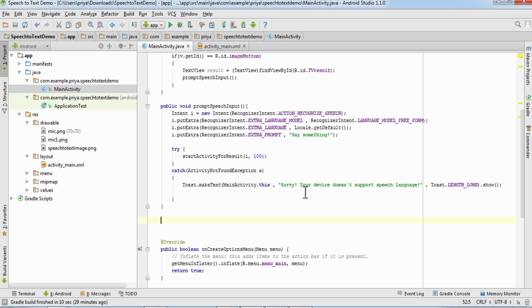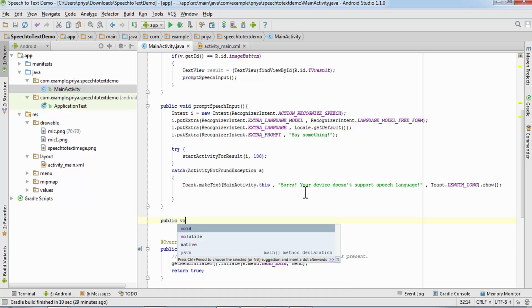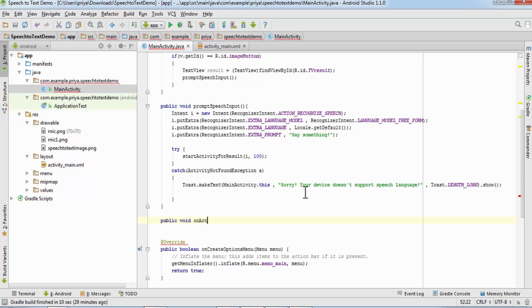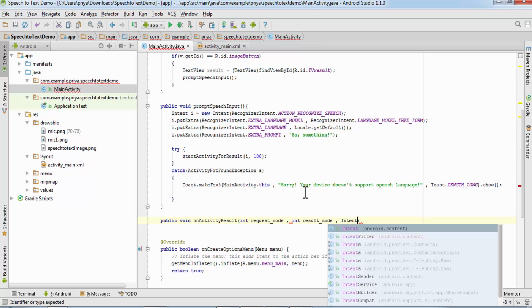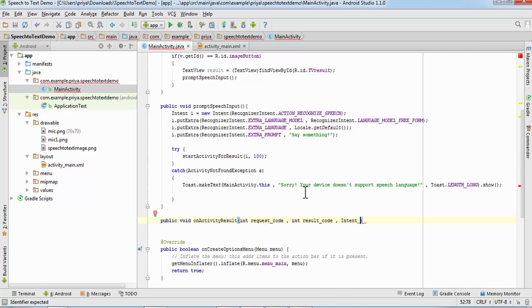So write public void onActivityResult, and it is going to take the request code. So write int requestCode, comma, int resultCode, comma, Intent i.